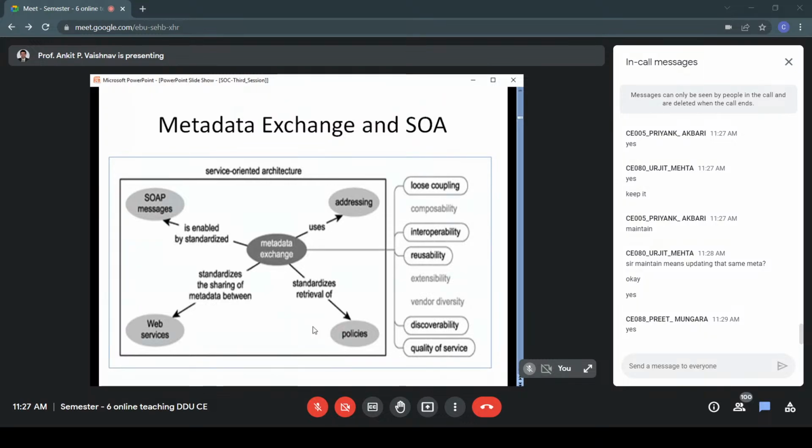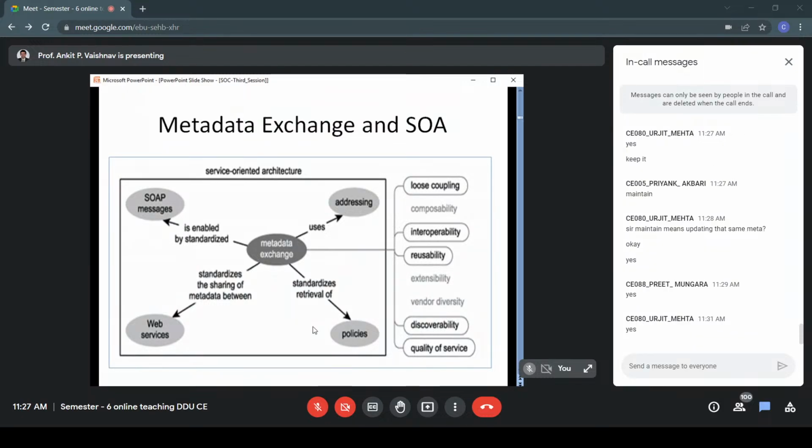What is MEX as a standard? WS-MEX is the standard which we have covered. Let us summarize. What are the principles or the concepts that MEX targets? MEX targets interoperability, obviously. Loose coupling, I'm not discussing once again because loose coupling is the essence of this.